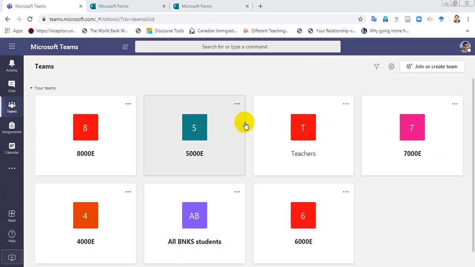This is how a window appears, and now this is under the Teams button. And these are the different teams that have been created for me by the system administrator over here. And we can even create a new team by clicking this button. So that is what can be done. And for now,